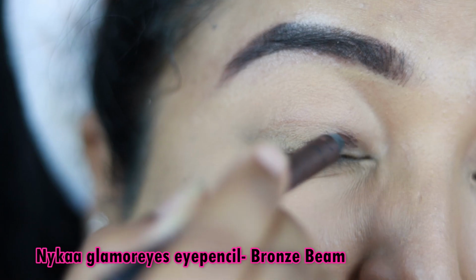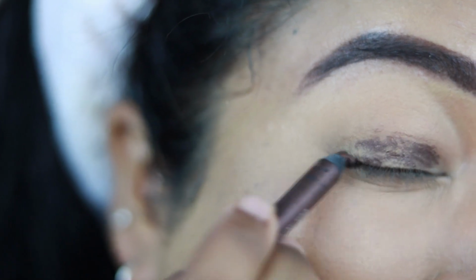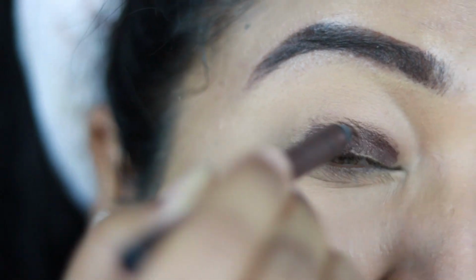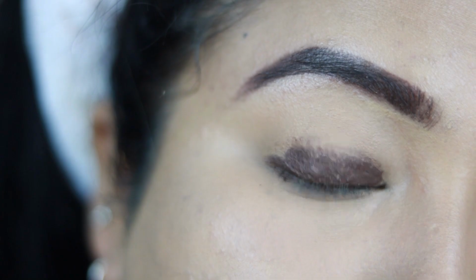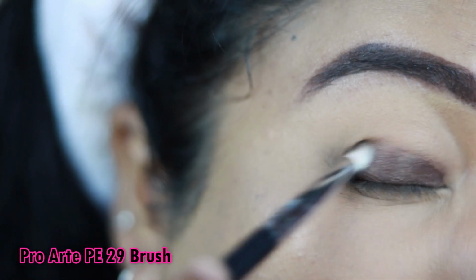Now it's time to move on to the eyes. At first, I'm taking a brown kajal. This one is by NYKAA, and I'm going to just scribble it all over my lid like this. This is in the shade Bronze Beam, guys. It looks really stunning. This particular step actually helps in creating a nice base for my eyeshadows to work on